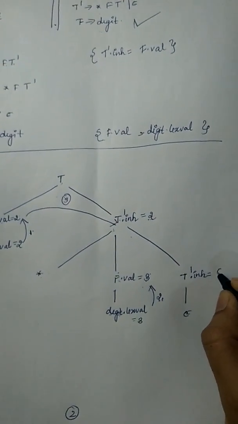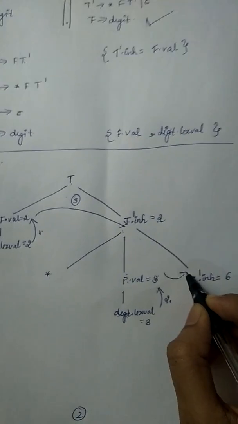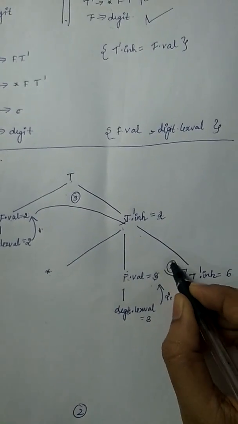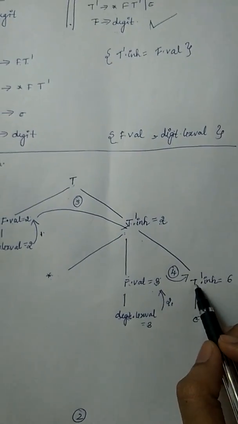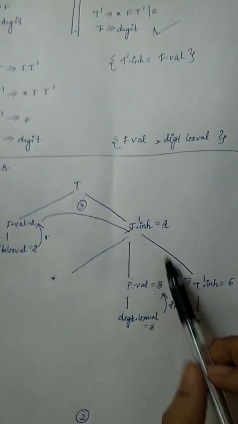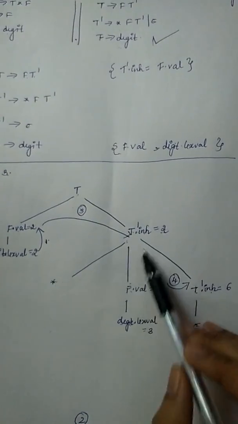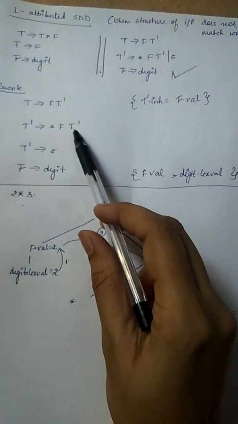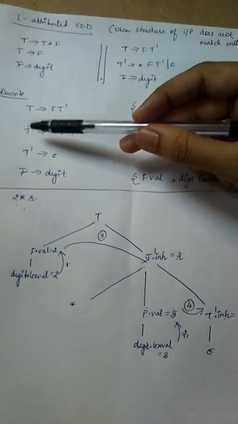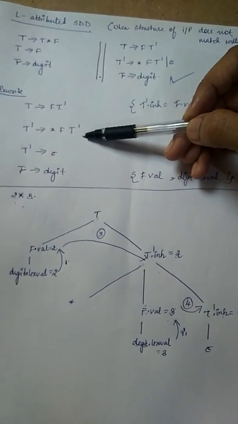So I shall write this as T dash dot inh as 6. So I shall mention here this is the fourth transition. Okay, so T dash dot inh has got its value from this 2 into 3. So this T dash associated with this one is according to which rule? This rule, right? Here T dash gives star F T dash, and again to